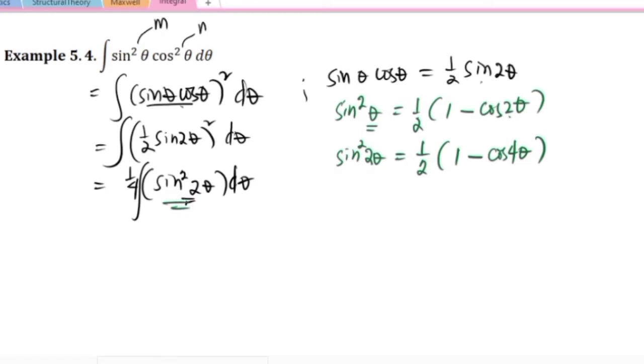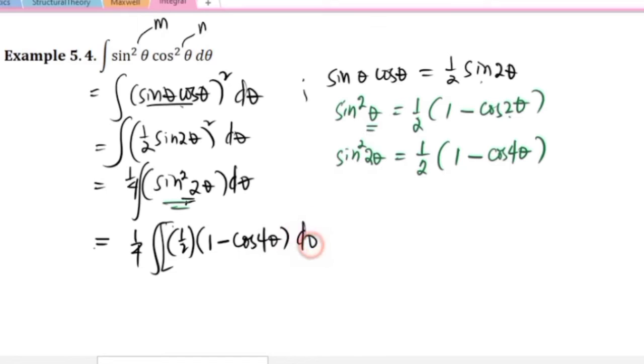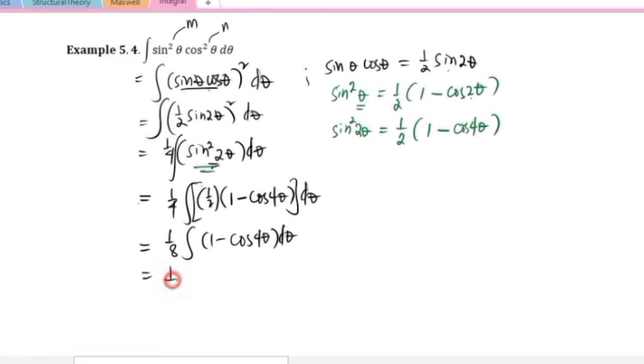So substitute natin dito, and we would have equal to 1/4 multiplied by one-half, 1 minus cosine 4 theta d theta, and this is equal to, so itong 1/2 ilabas natin, so that's 1/4 times 1/2 is 1/8 integral of 1 minus cosine 4 theta d theta, and distribute, we have 1/8 integral of d theta minus 1/8 integral of cosine 4 theta d theta. So we have 1/8, the integral of d theta is theta,